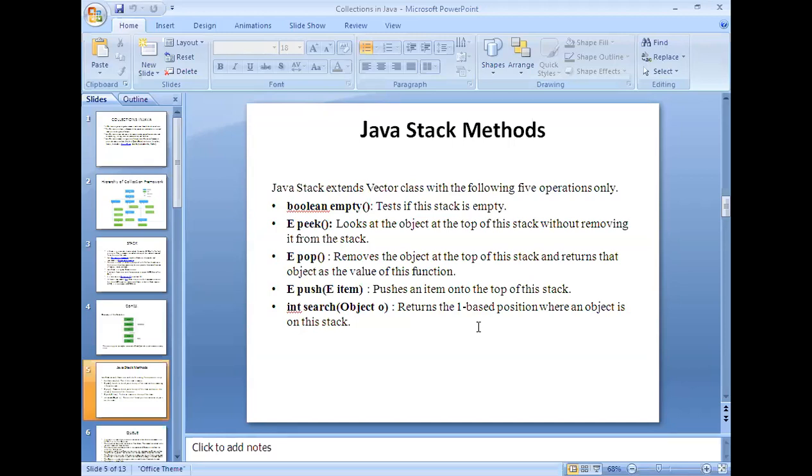Peek is just like popping the element. The pop operation is meant for removing an element from the stack, whereas with peek, whatever element is present at the top will be displayed without removing it.